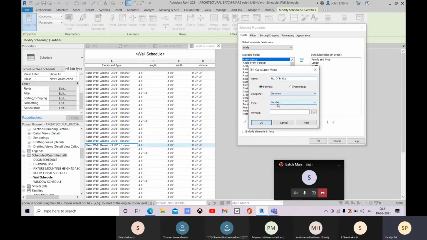Discipline is common, and the type will be number, right? And you will be adding one formula there. So can anybody tell me what I should put in this formula?